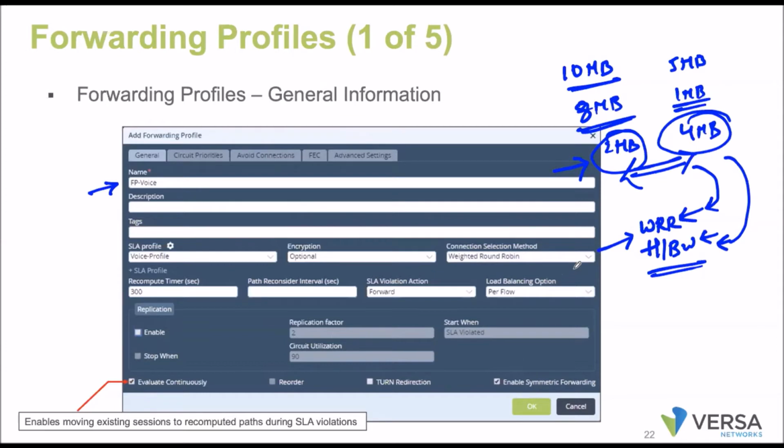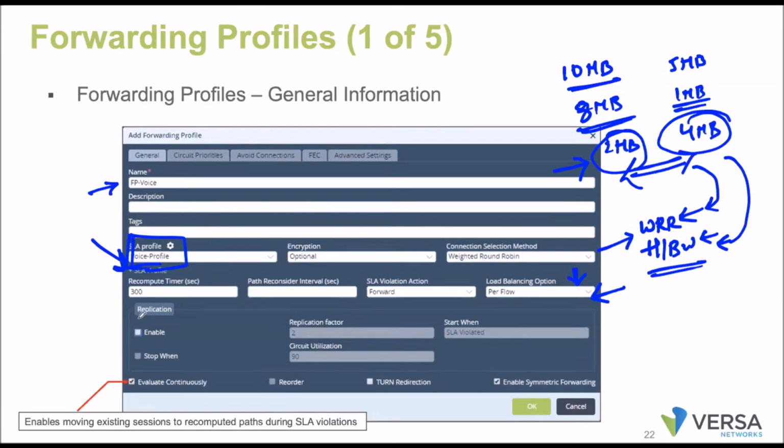Right? So now these two are interlinked. If I'm selecting load balancing, what kind of load balancing? Do you want to go with per packet load balancing or per flow load balancing? You are going to select that criteria here, per packet or per flow. Now, how did we select the WAN circuits? What all the WAN circuits do we have, and how did we select them? That is with the help of matching the SLA profile.